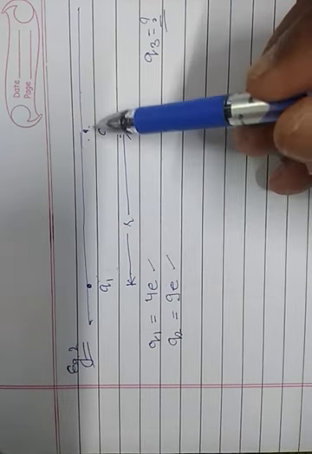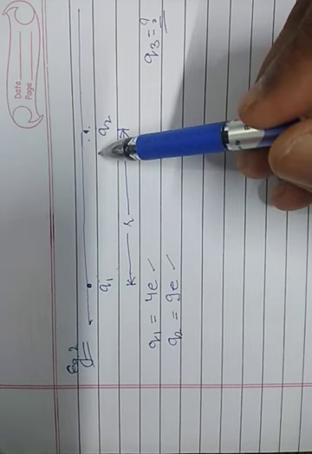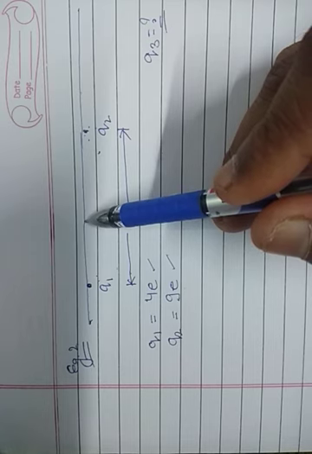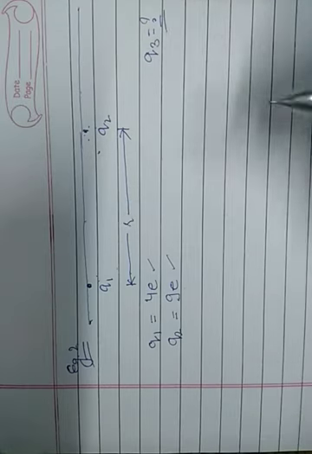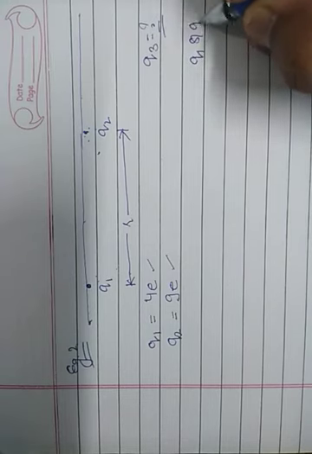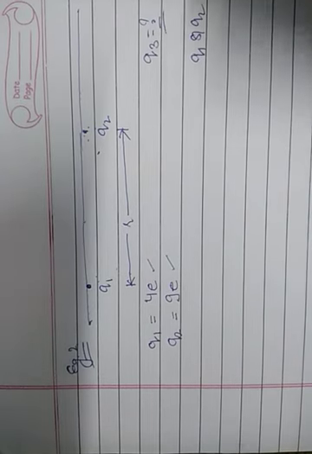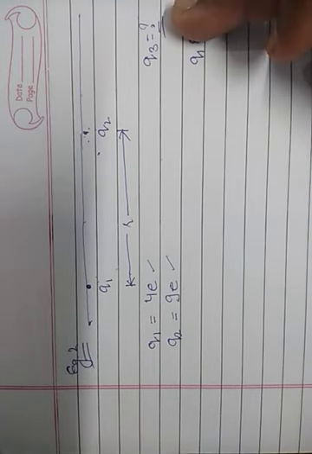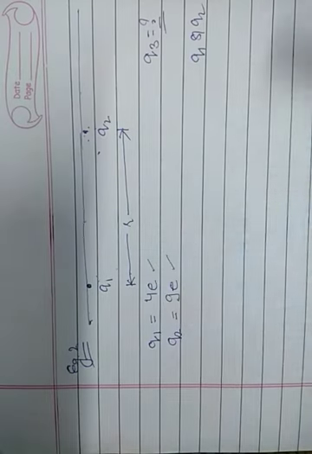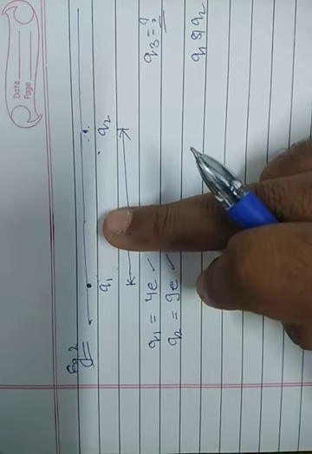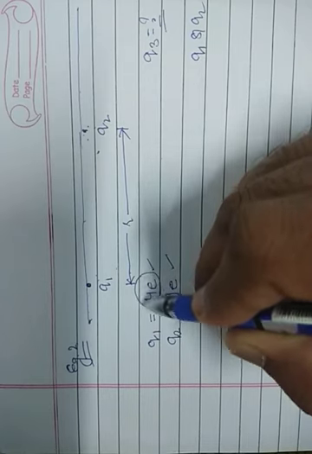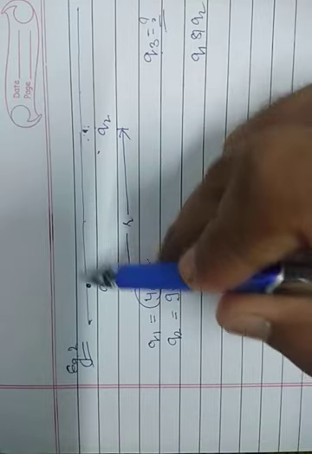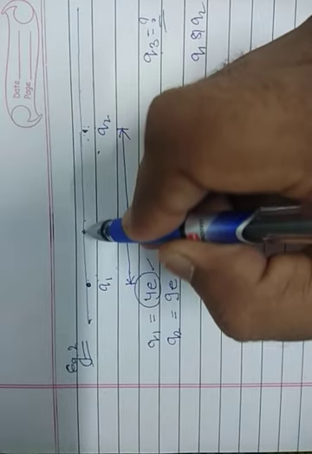If two charges of similar nature are there, then the third charge must be placed in between them, towards the smaller magnitude of charge. Just remember what I am saying. If q1 and q2 are of similar nature, either both positive or both negative, then the third charge must be placed in between the two charges and always towards the smaller magnitude of charge. Here the smaller magnitude is obviously 4e. It means this charge q3 must be placed in between q1 and q2 and towards this smaller magnitude of charge.